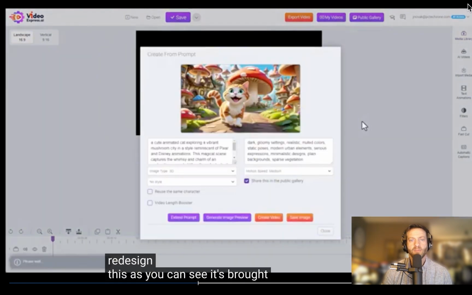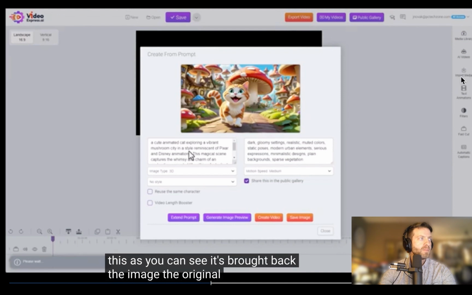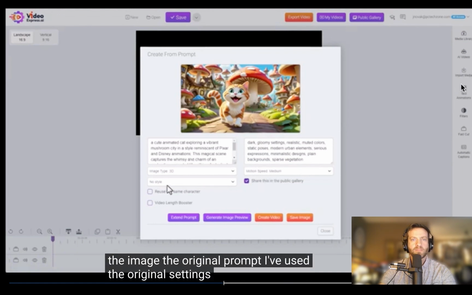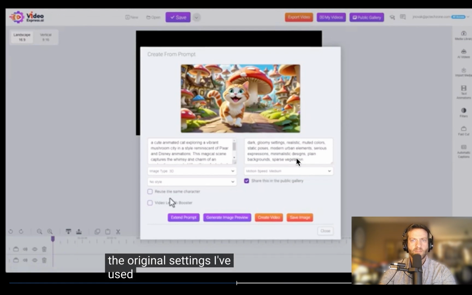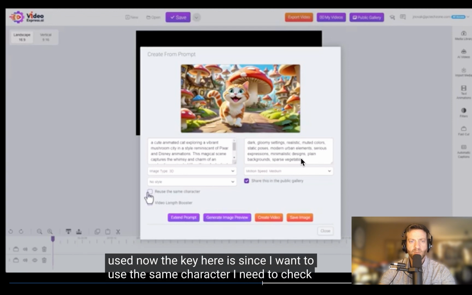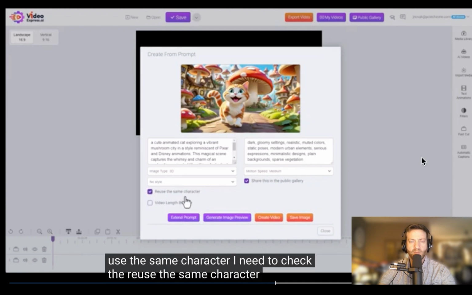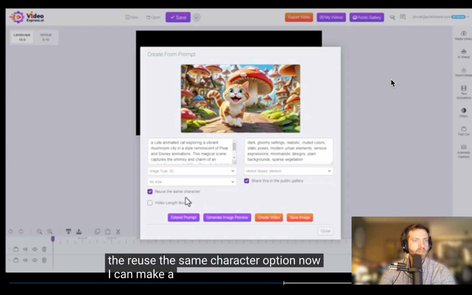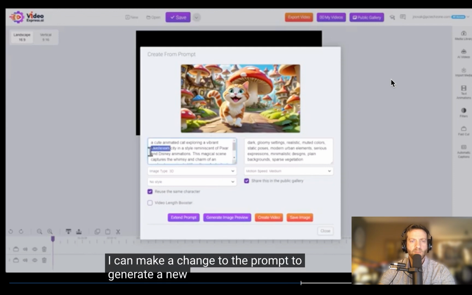As you can see, it's brought back the image, the original prompt I've used, the original settings I've used. Now the key here is, since I want to use the same character, I need to check the reuse the same character option. Now I can make a change to the prompt to generate a new scene. So I can